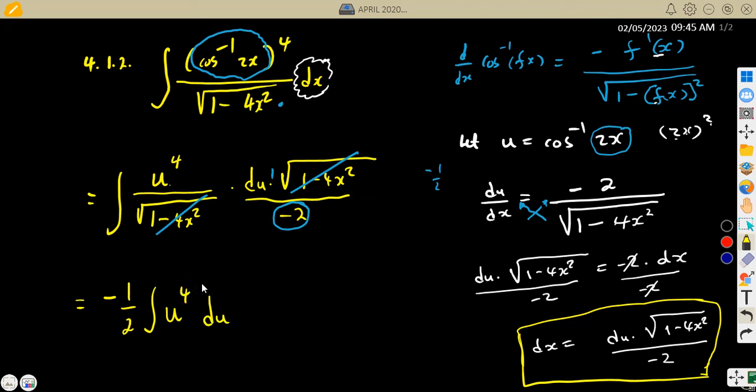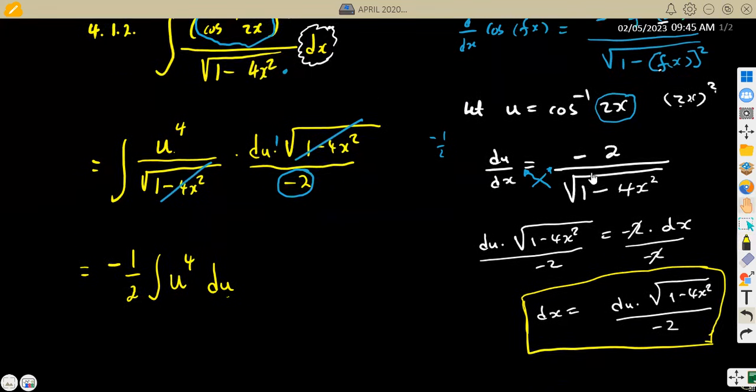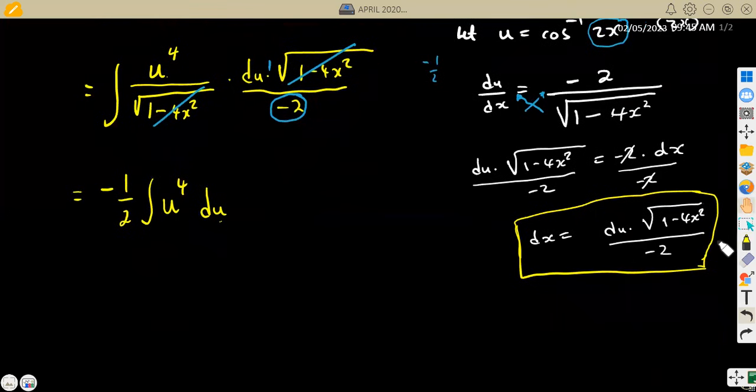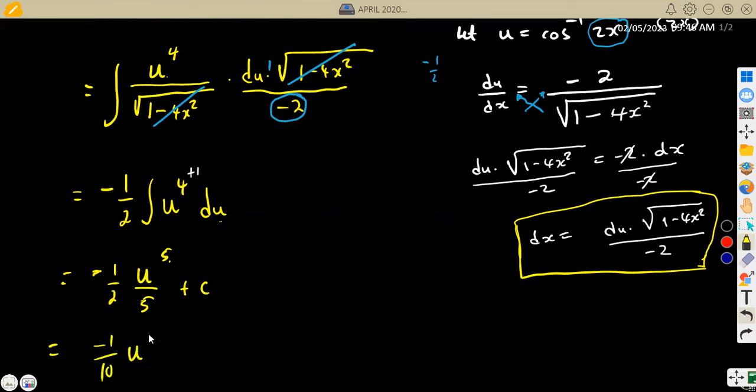So that means we are going to find the integral of u to the exponent of 4 with respect to u. So we know that for our integral, we are going to add 1, then we divide by the new exponent, guys. Please know your integrals. You add 1 on the exponent, then you divide by that new exponent that we have. So it's going to be negative 1 over 2, which is going to be u, and if we add 1, that's 5 over the new exponent, which is 5. So you're going to divide by 5 plus the constant of integration. So we can multiply. That's negative 1 over 2 times 5, which is 10, u to the exponent of 5